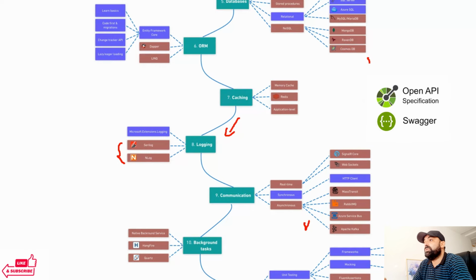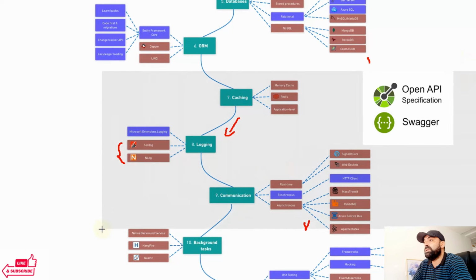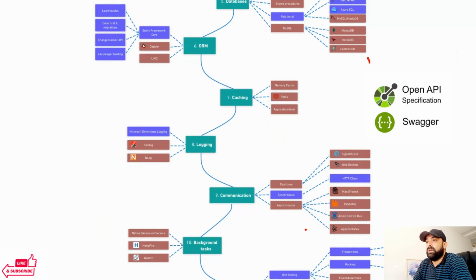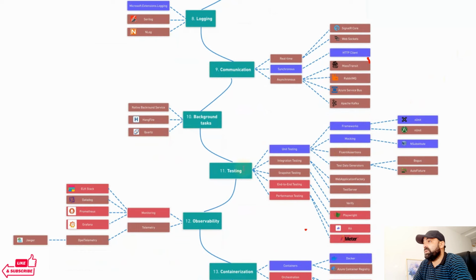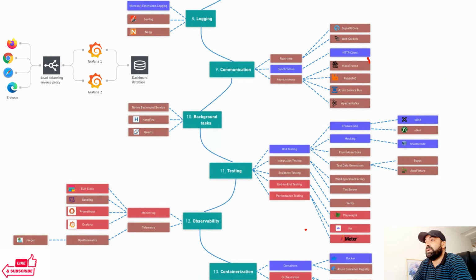Asynchronous messaging, then asynchronous API is good to know as well. Then monitoring, you must know OpenTelemetry and Grafana. I know Grafana is part of that stack, but I want to separate it as well because I want to focus a bit on Grafana. Grafana is used a lot, so I want to have it separated.